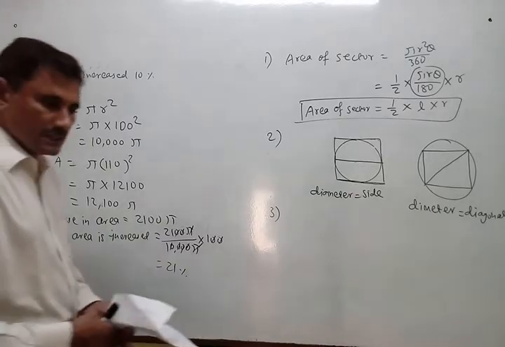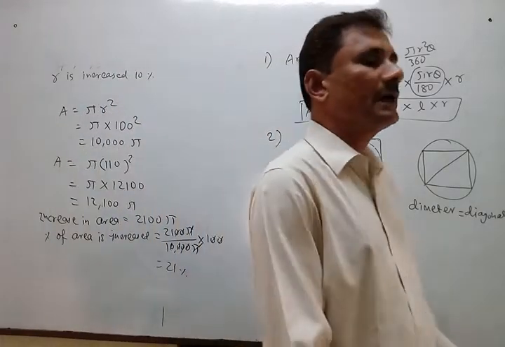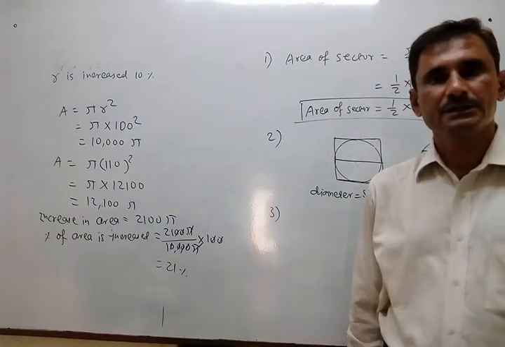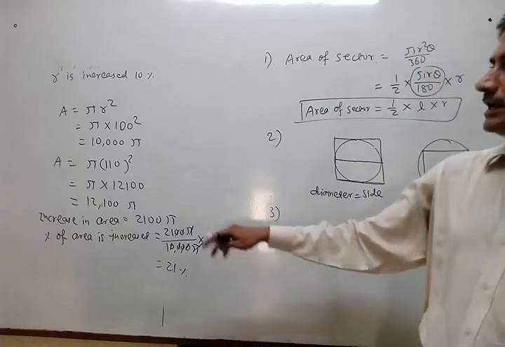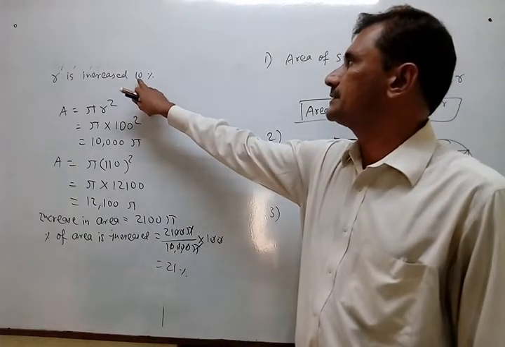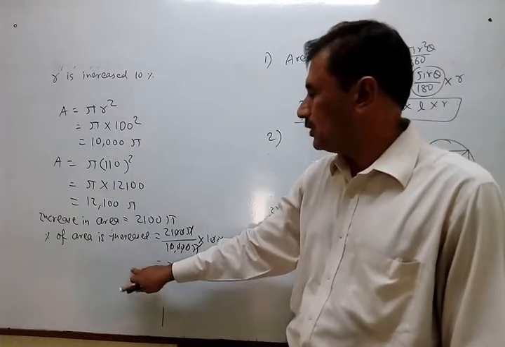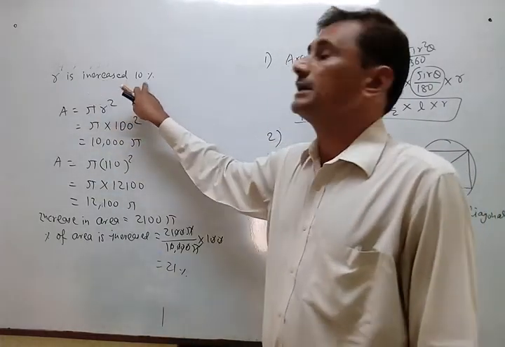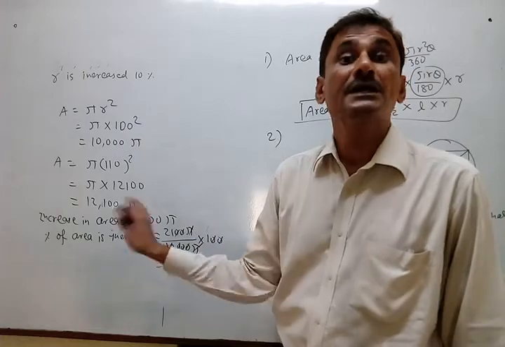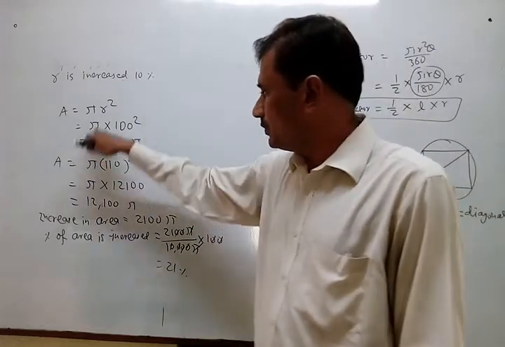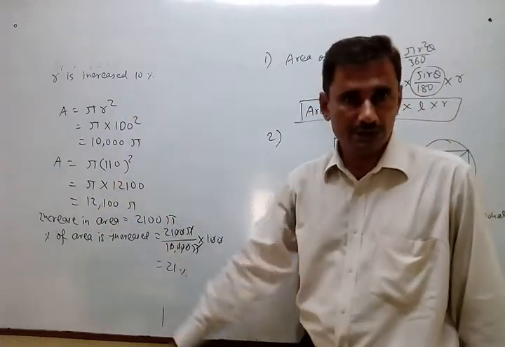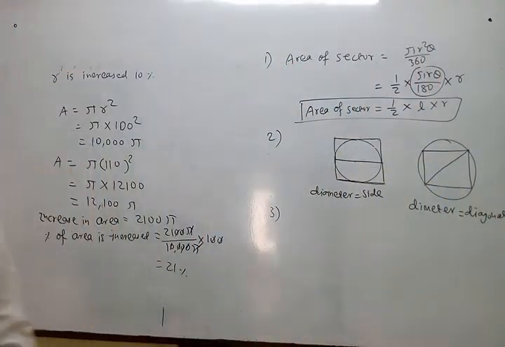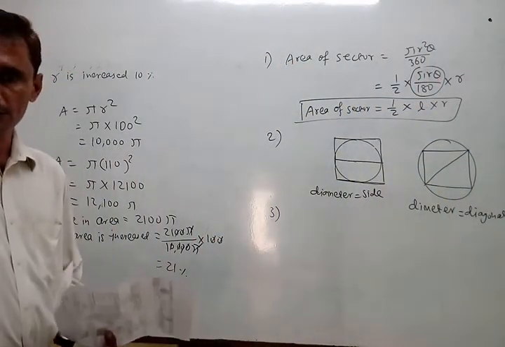So can I say if I increase the radius by 10%, area will increase by 21%. In the same way, I can find how many percent increase in area if R is increased by 20%, or how many percent decrease in area if R is decreased by 10%. For that purpose, you have to go through this type of solution. But instead of doing this, for objective questions I am giving you one formula.